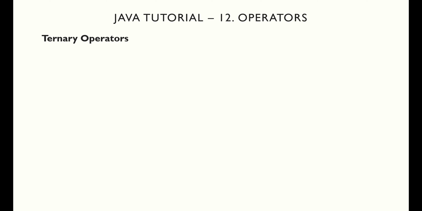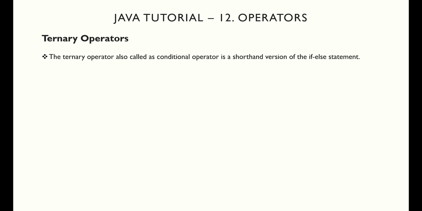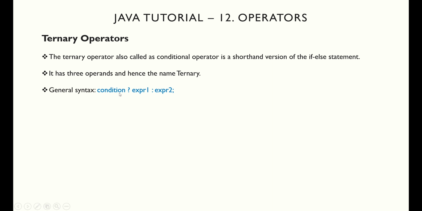Ternary operator. The ternary operator, also called the conditional operator, is a shorthand version of the if-else statement. It has three operands and hence the name ternary. As you can see, the general syntax: condition followed by a question mark executes the first part before the colon if the condition is true. If false, it executes the second part after the colon. Example: